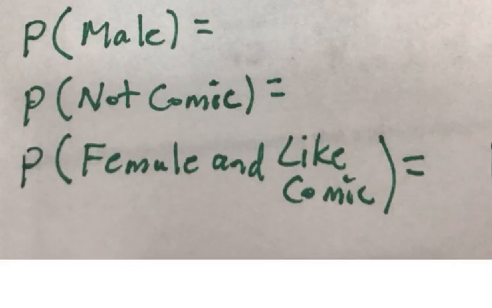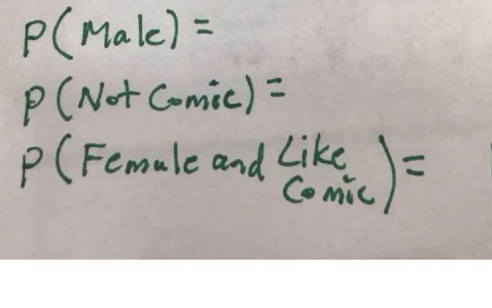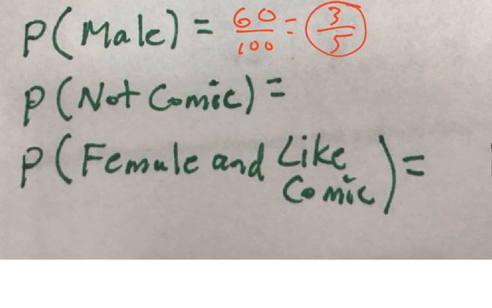So, what's the probability we have a male? Again, we already discussed it, but that's the 60 out of the 100. We don't care about the 40 that are female in this case. We only want to know how many were male. That's 60 out of the 100. Okay, so 60 out of 100. This is where you type it in your calculator, guys, and it reduces it to 3/5 for you.